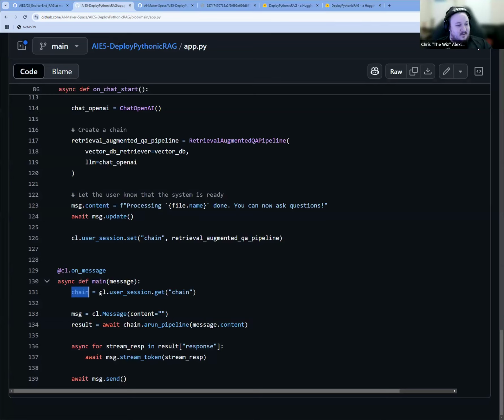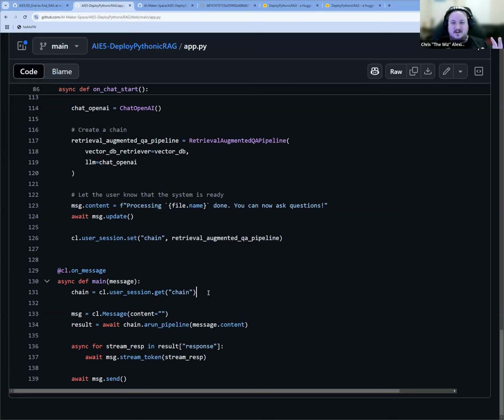And what is it going to do? Well, all it's going to do is grab our chain, which remember is our retrieval-augmented QA pipeline, from the user session. So it's just going to get it. It was stored here. It was picked up over here. And then it's going to just await that chain's arun pipeline to give us this result object. All this is cool.